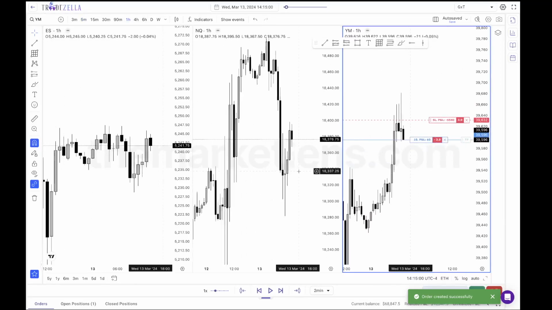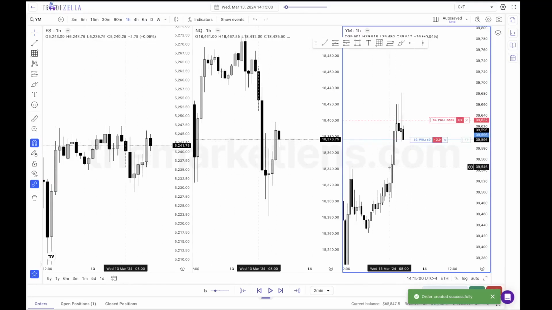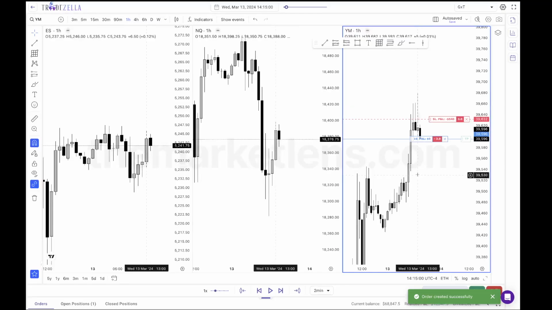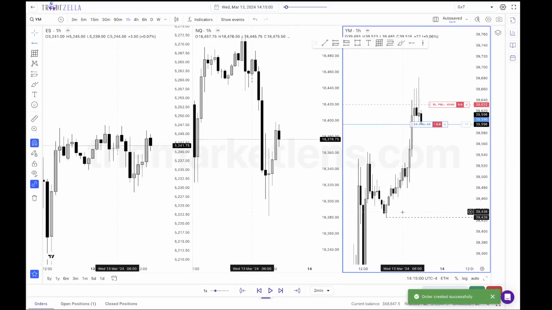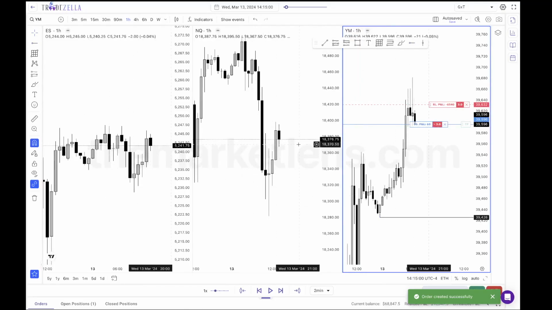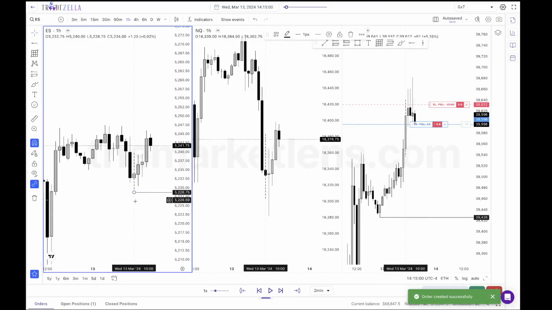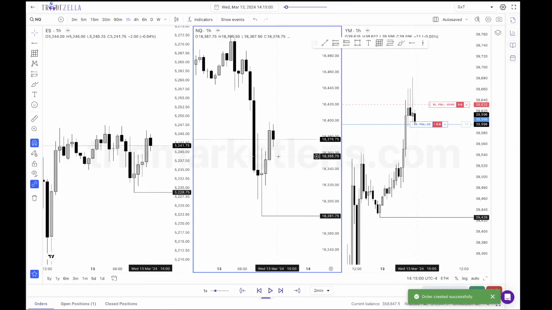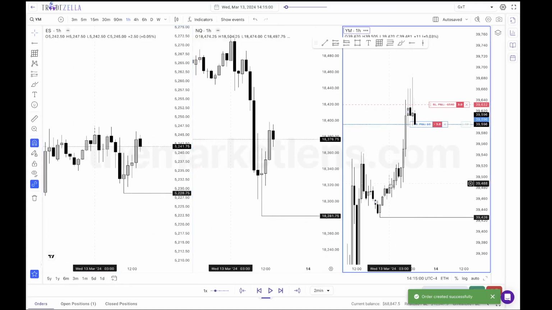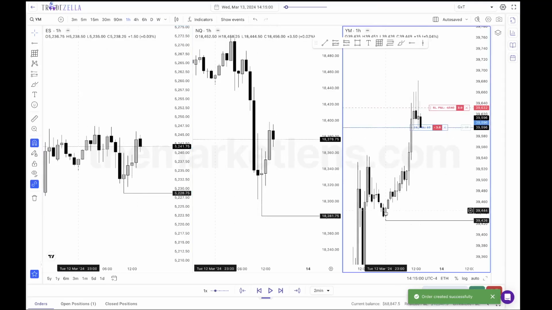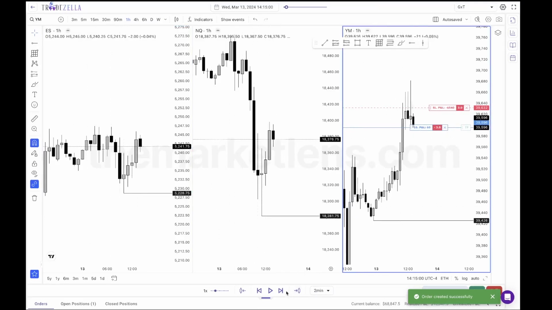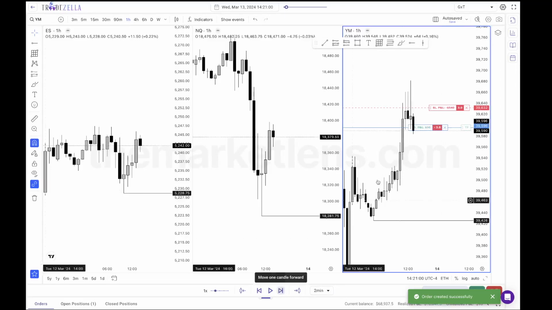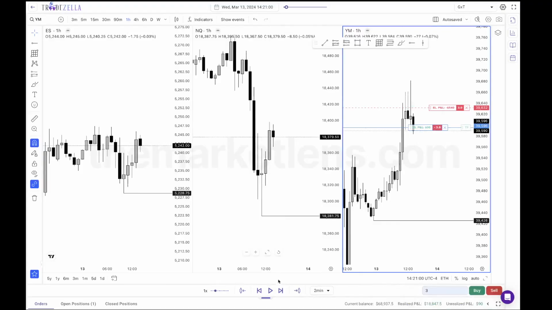And for targets, we could do a couple things. This is where you use other markets, because I don't think that this asset will get here. It's just not likely because of the wick size. That's very hard to anticipate. What I can anticipate is that either ES or NQ get to this low, right? That's what I can anticipate. So I can TP YM when NQ and ES hit these lows, okay? Now, we never know, bro. The market can do whatever the hell it wants. It could go down here, but that's not something I'm going to anticipate. I don't have to anticipate that. So unless we get stopped out, hey, this is our one chance to go lower.